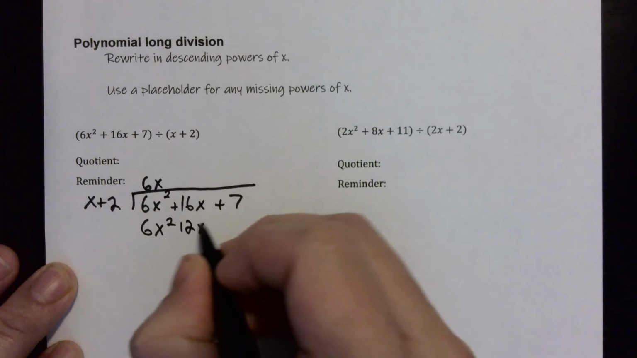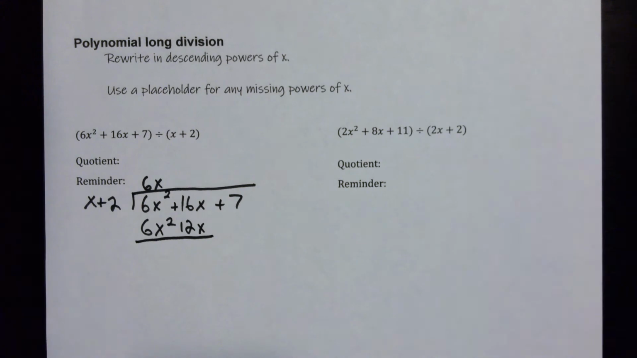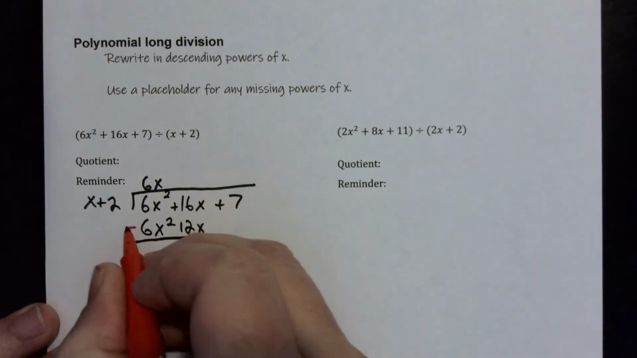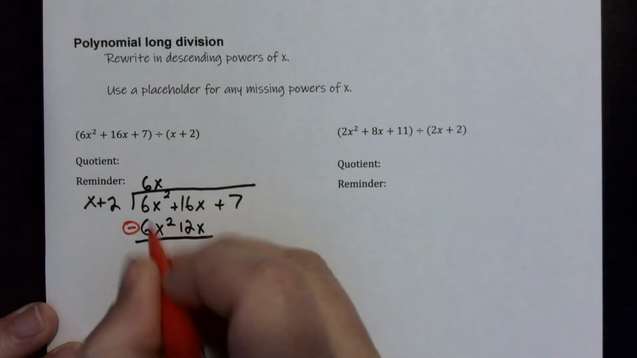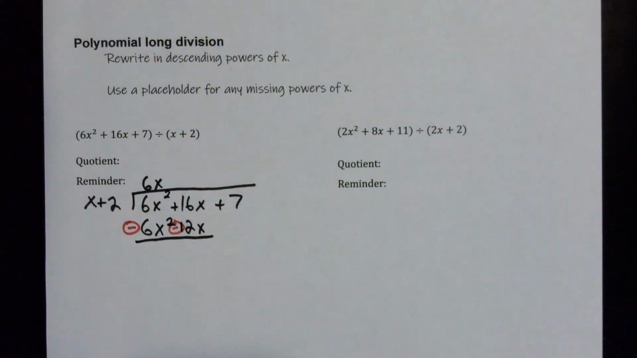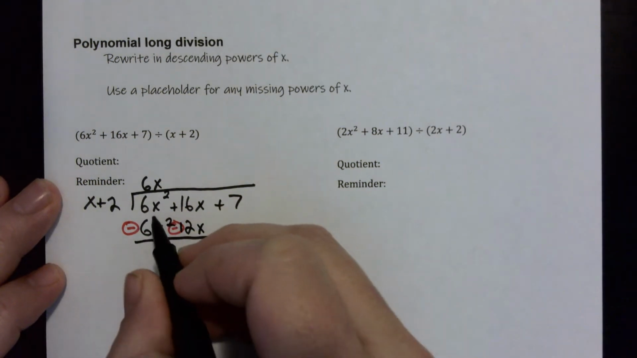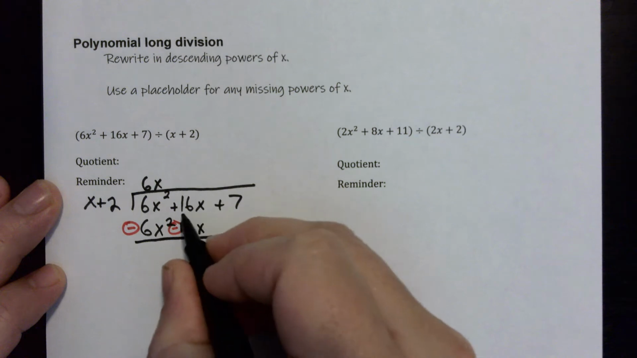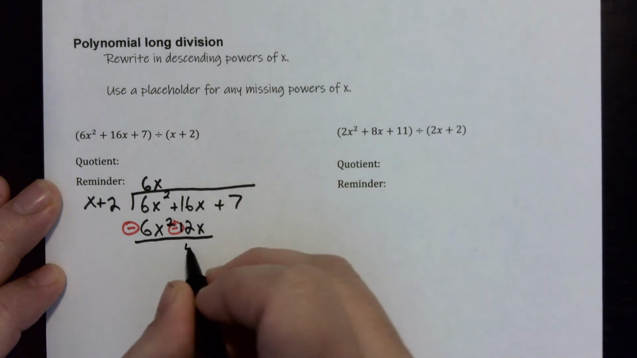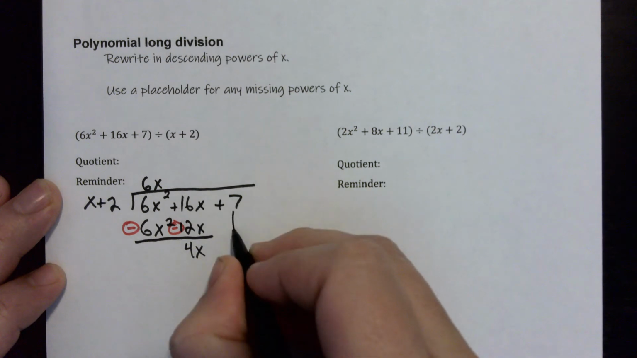So positive 12x. Okay, now I am going to subtract, which means I'm going to change the signs. I say change the signs because sometimes these are already negative and you'll have to change them to positive. So I'm going to write in a different color, and I'm going to circle the sign change. Okay, so it's 6x squared minus 6x squared, which just goes to 0, and then it's 16x minus 12x, which is 4x. Okay, so after you're done with that, you drop down your next term,